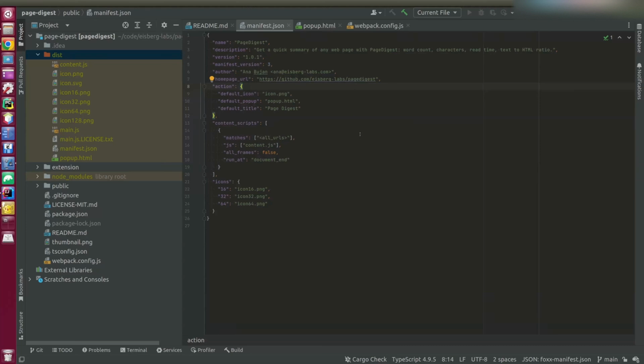And now for building the UI, open your manifest.json and create an action. If you want to open a pop-up, declare the default pop-up HTML and title of your pop-up. And if you want to interact with the web page, register your content scripts. In my case, I registered the content.js,